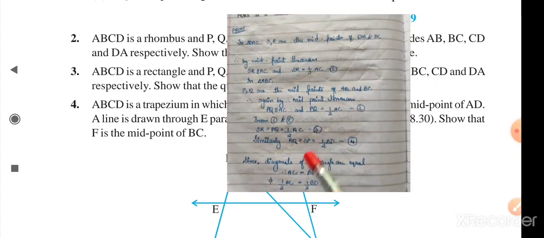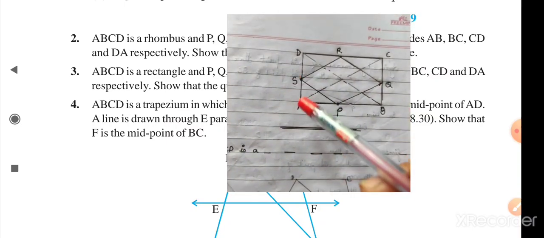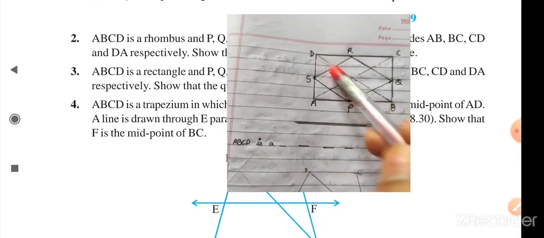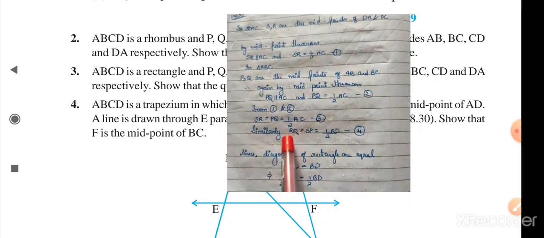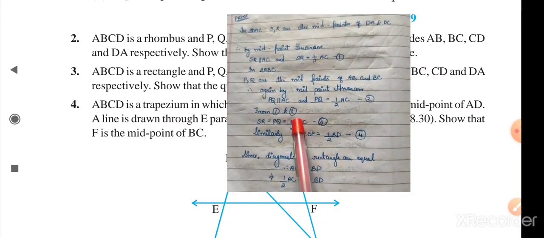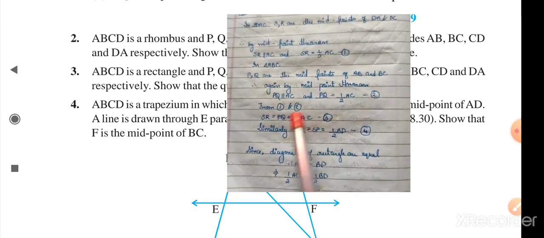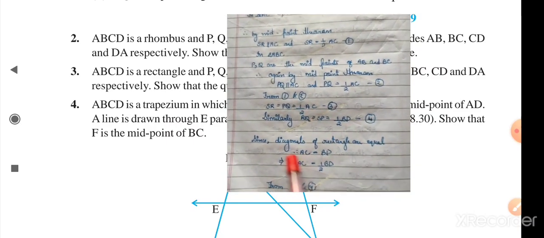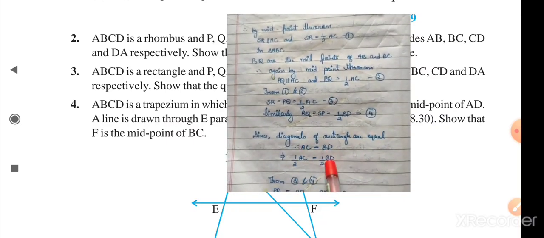Now if you see this figure carefully, you can say that SR equals PQ and this is equal to half of AC also. Similarly SP equals RQ and this is half of BD also. You can see that we have written here in this question that this is half of AC and this is half of BD. If you see these two equations carefully, ABCD is a rectangle and we know that the diagonals of a rectangle are equal to each other. So AC and BD are the diagonals and they will be equal to each other. Since AC equals BD, if the wholes are equal then the halves will also be equal.